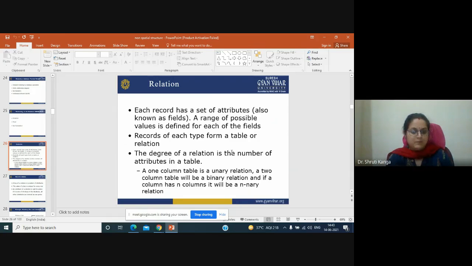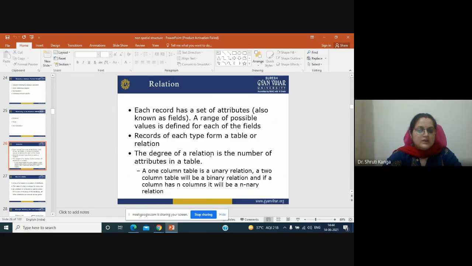For example, a one column table is unary. If there are two columns, it is called a binary relation. And if there are more than two columns, then it is called n-ary, meaning tertiary, four-column relation, and so on.